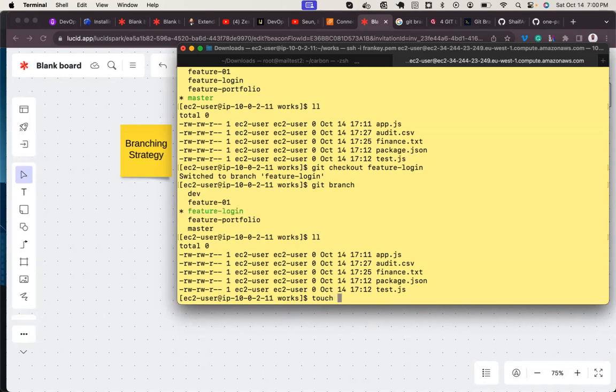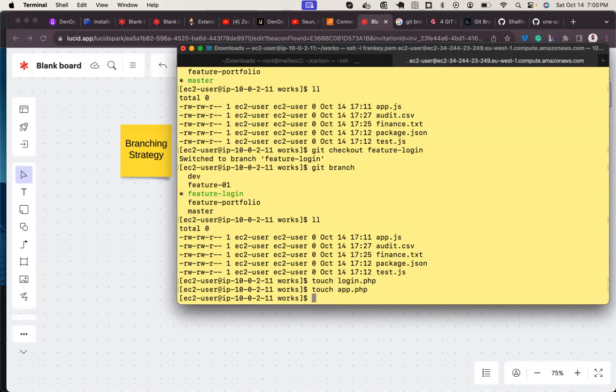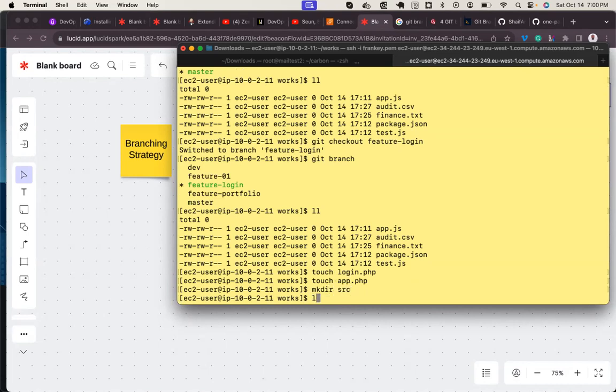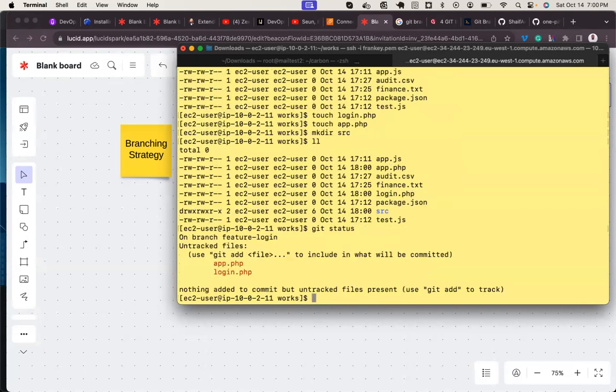I'll say touch login.php. Touch app.php. mkdir source. Git status.